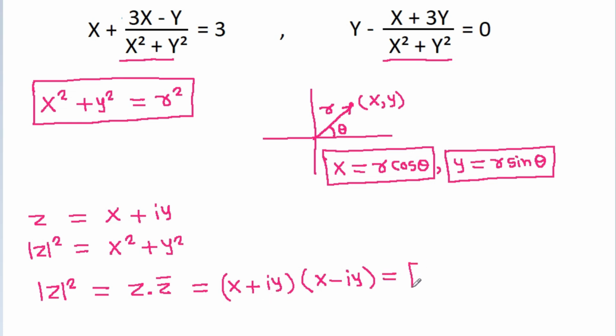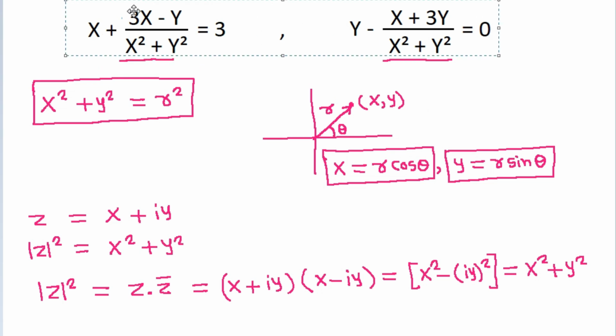So it will be equal to x square minus iota square y square, and iota square is minus 1, so it will be x square plus y square. So if we use this method in this question,